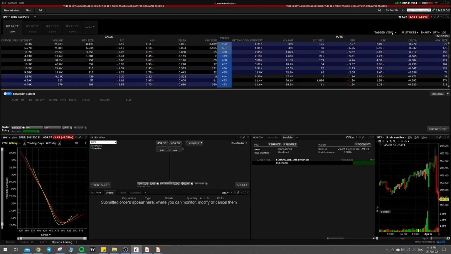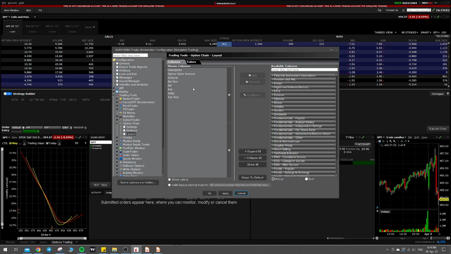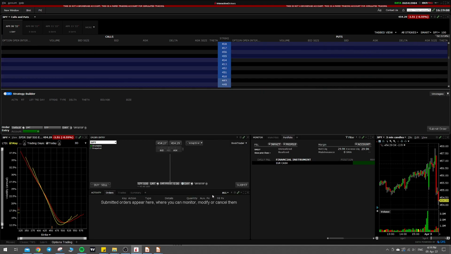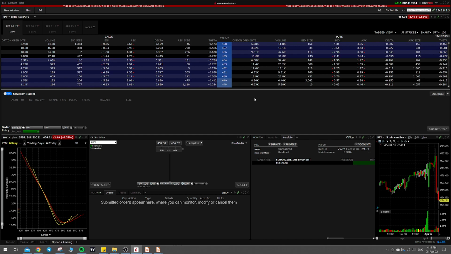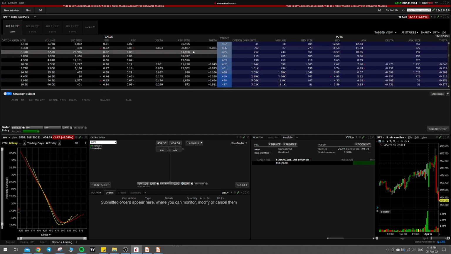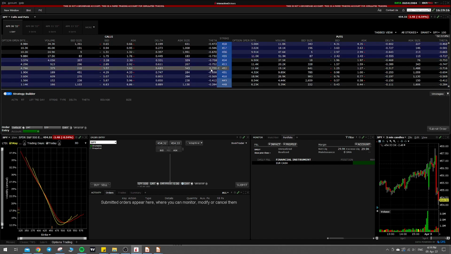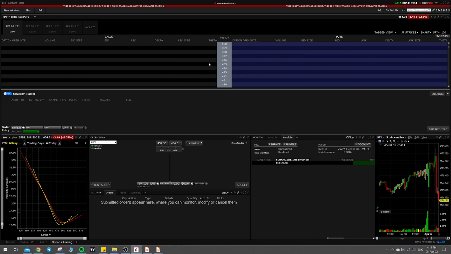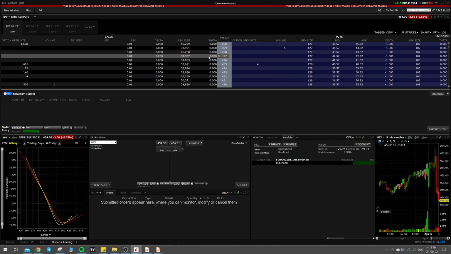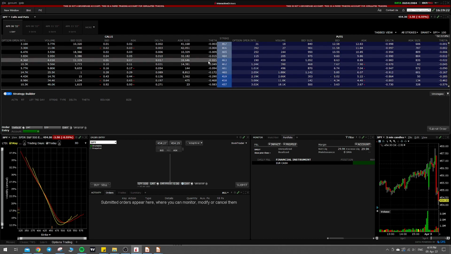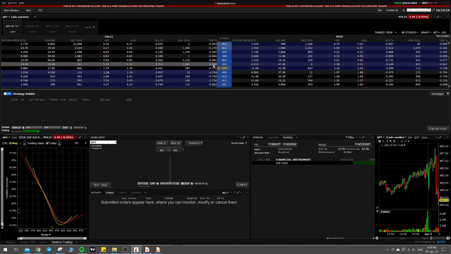For example, you can see in this here, let's put theta, and you can see how these values for tomorrow are going to lose. Sorry. It means the